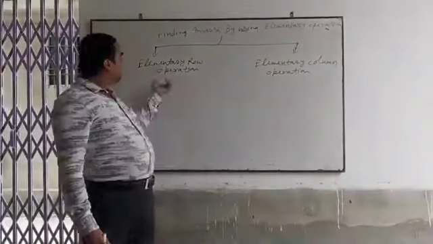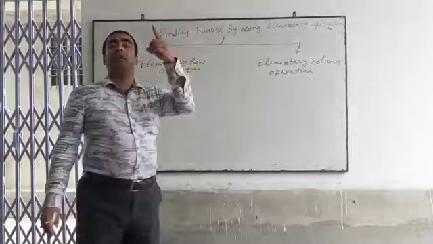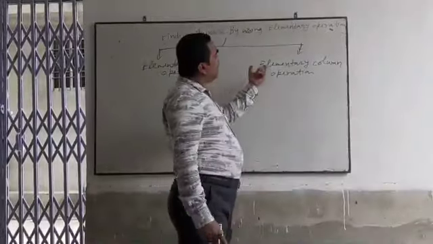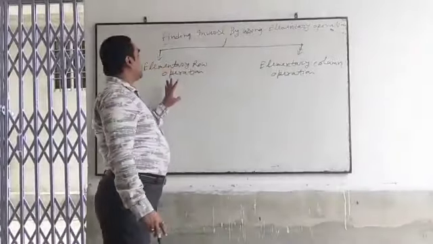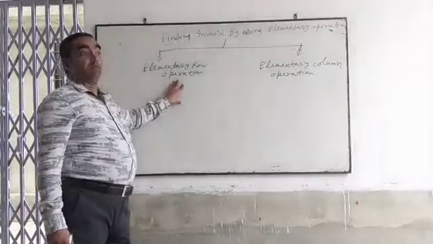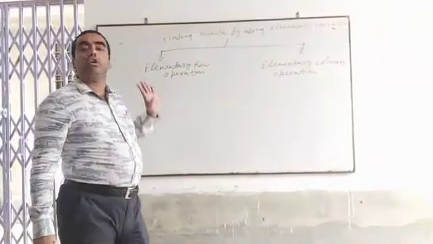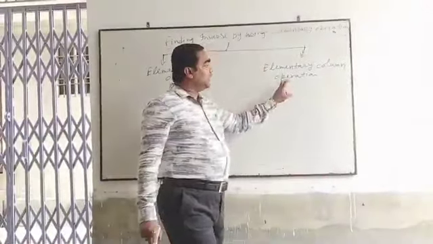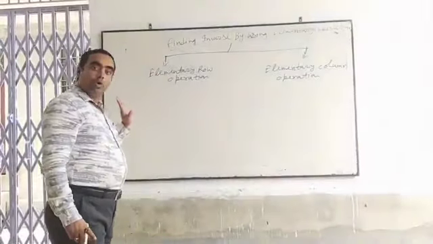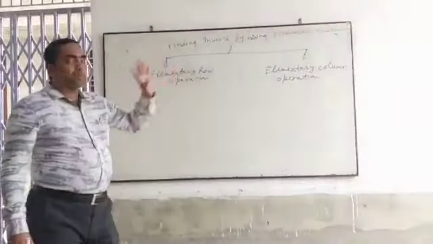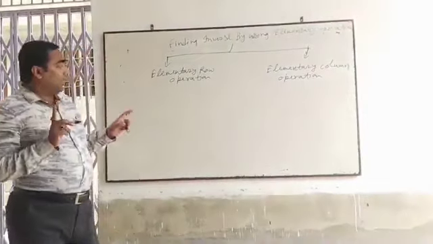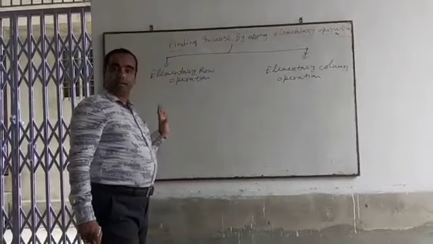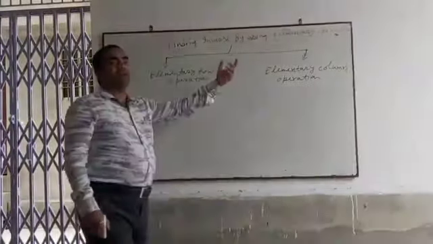We are not going to use row and column operations together in a single question. Okay? If you want to use row operation, use it, but till last you are going to use only row operation. If you want to use column operation, then same thing, till last you are going to use column operation. What the row and column operations are, you have already seen. Now we are going to see how to find the inverse of a given matrix by using this elementary operations method.